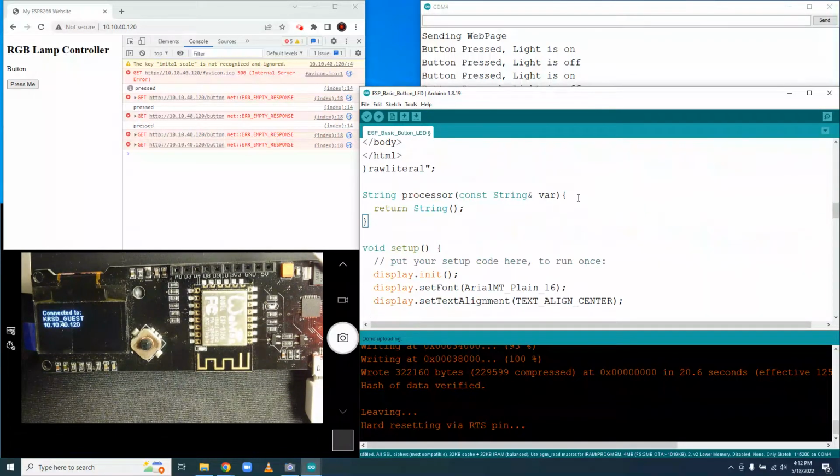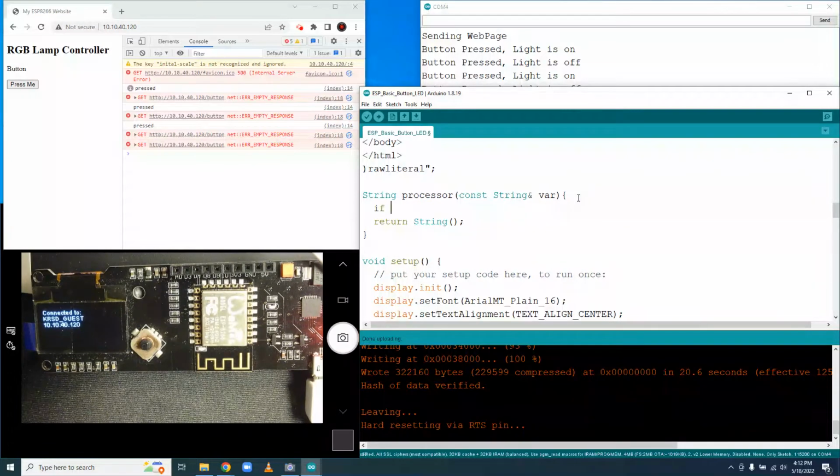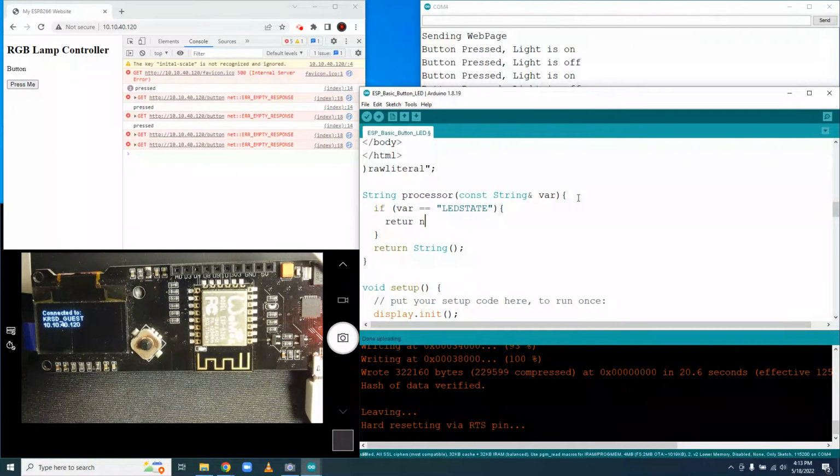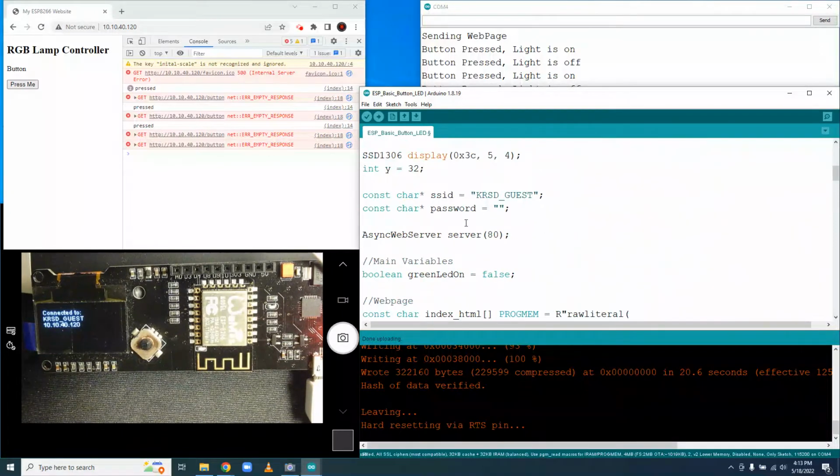And we're going to say, hey, if var equal LED state, return LED state. Actually, we're going to return